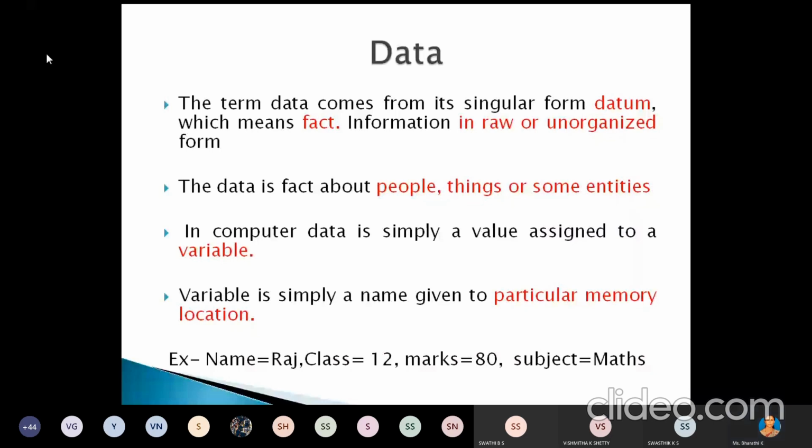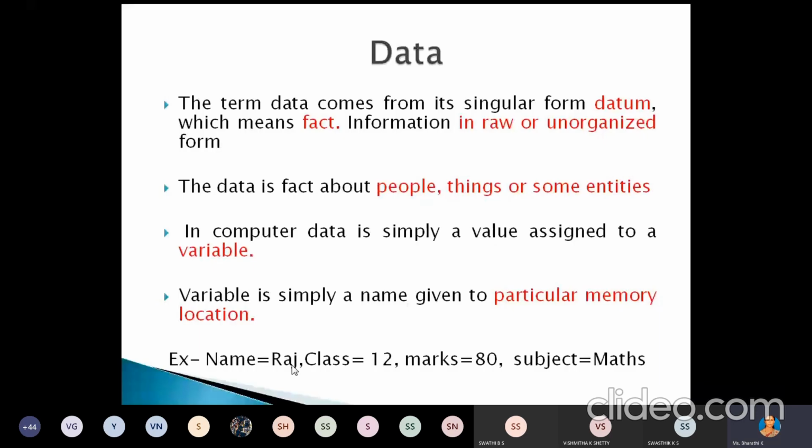For example, here we have the variable name, and the data is Raj. Raj is the data that we are storing in the memory location name, right? Again, this Raj is string data. Another example, class equal to 12.